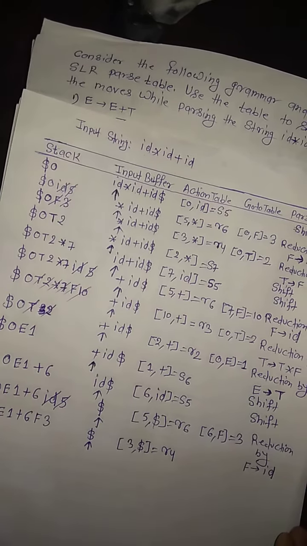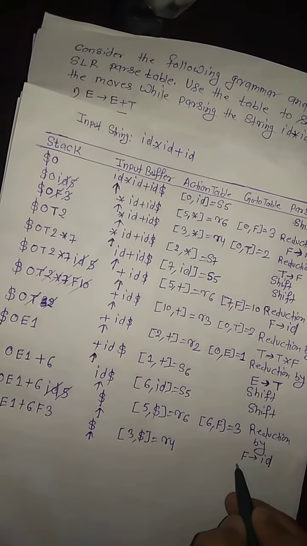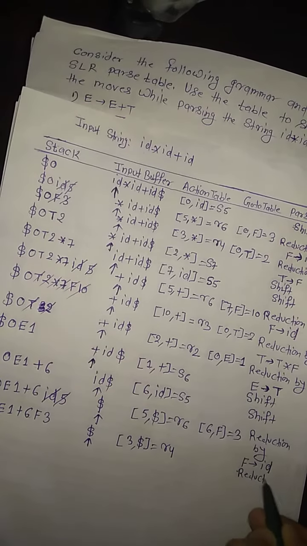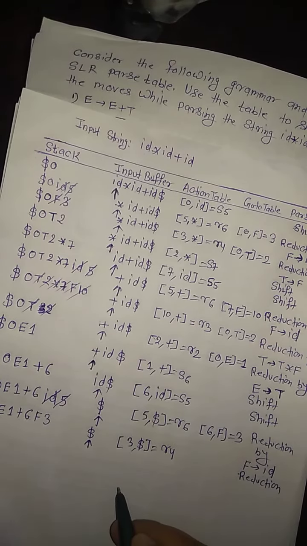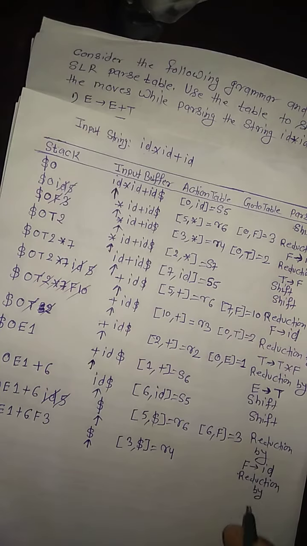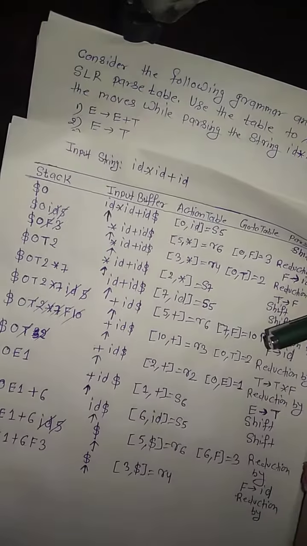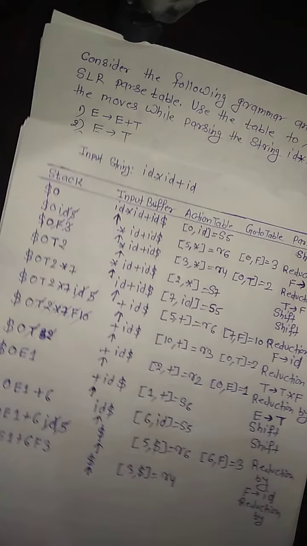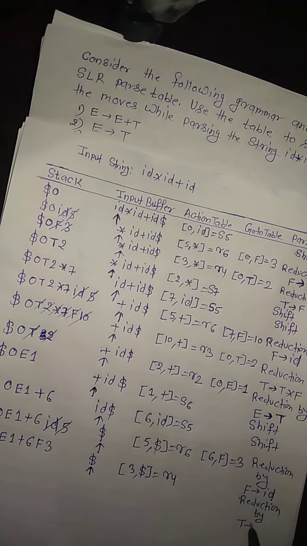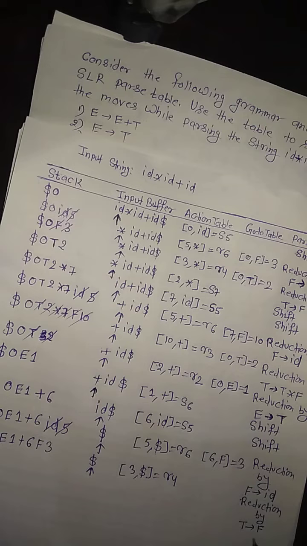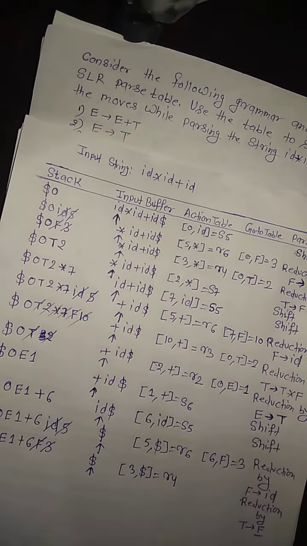Okay, and what is the meaning of R4? You have to perform the reduction operation, reduction by fourth number of grammar. So fourth number of grammar is T derive capital F. So you write here T derive capital F. Now you check what is the length of the body of this production. So length of the body of this production is 1, and multiply 1 with 2. So now you get 2, and you pop the 2 symbols from the top of the stack.